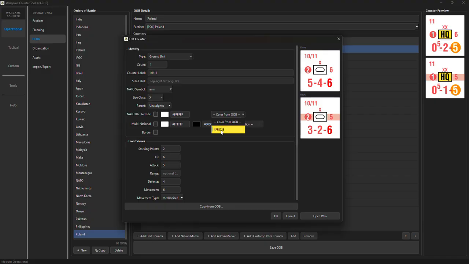So we just click on the color and we automatically get the correct color code from the corresponding HQ. Also, in the parent drop down, there are presets like unassigned, independent, reserve, and other, but also every unit with a higher size class will show up. So we got a brigade here, and the 11th is a division, so 11 will appear here as a preset, so we select 11, and now this unit will be subordinate to the 11th, which I will show you later